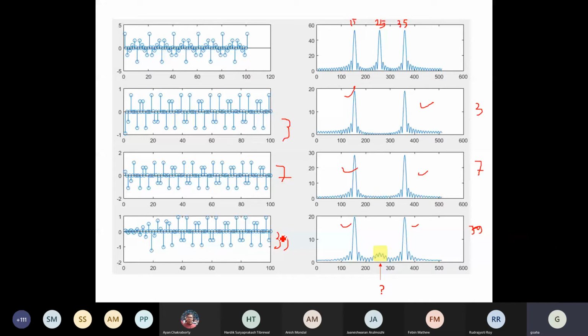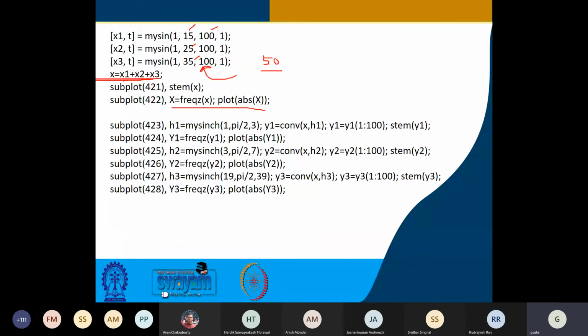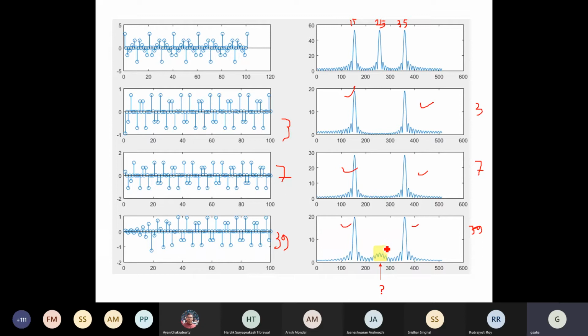Do you see anything that we have to investigate by further analysis, experimentation? Do you see any difference over here? In the 39 case, initially the values are very small. Right. Okay. What is it due to? This is a convolution of Hn and Yn. This is the time domain signal for which you are getting the frequency spectrum plotted on the right hand side.